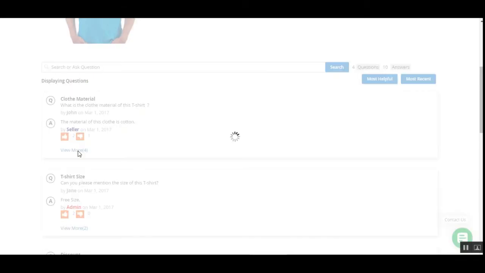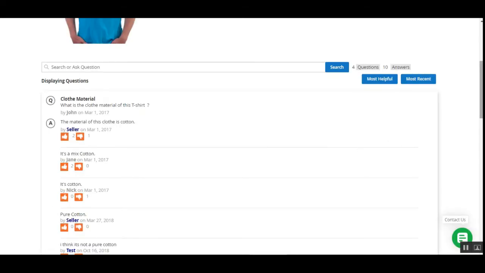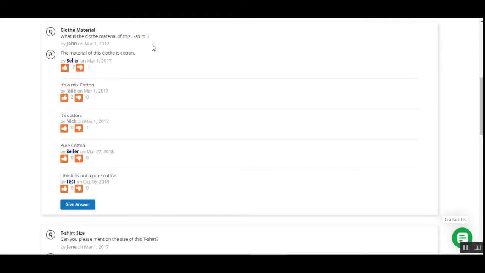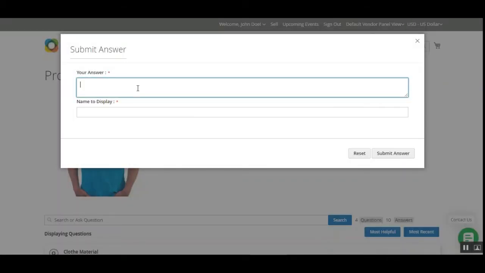same. So if I tap here on the view more, we'll be able to see the rest of the sections as well. And here you can see that the answer has been given by Jane, Nick, by the product seller, and by someone else as well. So now for this question, if you want to make an answer, you can do that by tapping here in the give answer button, and we can set it as